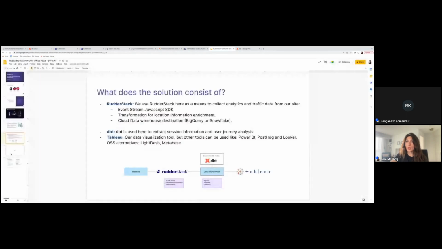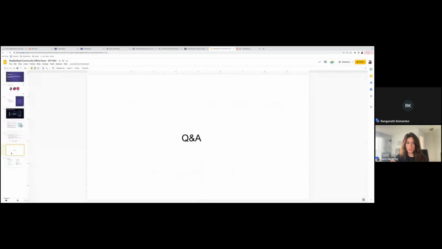All right, so opening it up for any questions, and just to wrap up on this, to sum up this whole solution and this whole demo that we've seen, this was again built using a variety of different tools, and really the purpose of it is to show the level of customization that we can build out by having ownership of our data. So by capturing all of that data, by persisting it in our data warehouse, we can unlock different use cases,